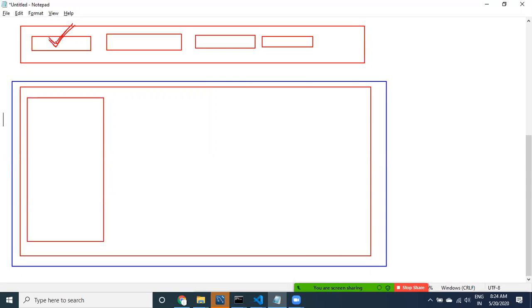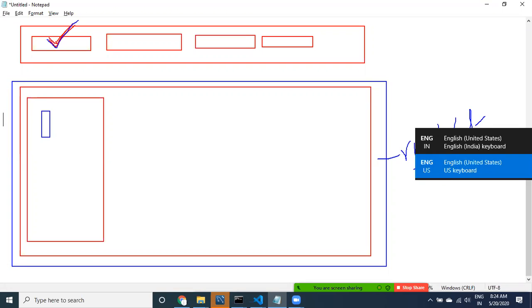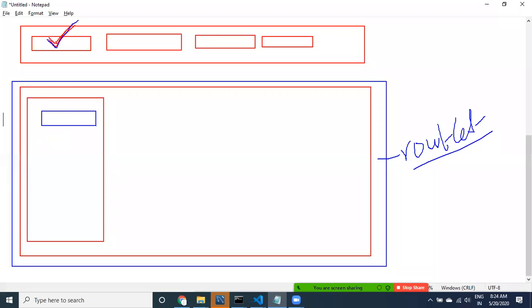This blue color border is router outlet. Here, this component I have selected, the component related information is displaying here, and then here I want to display again some menu items.